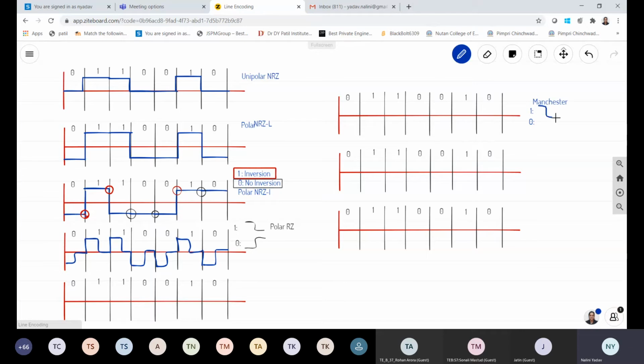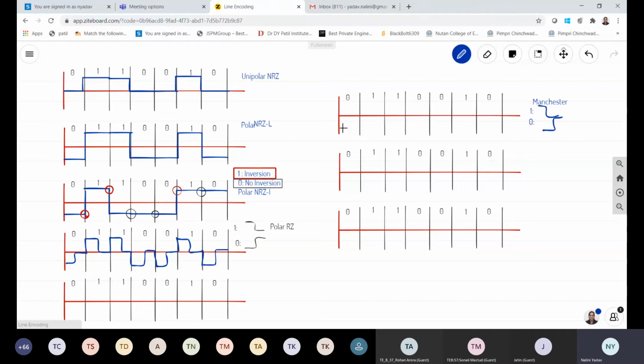Z. See, it is as per your convention, right? In the PPT it may be given in an inverted manner. In the PPT or in books, it may be given 1 as inverted and 0 as a normal Z, right? But it is as per your convention. You will be deciding which symbol is to be taken for which digital data. There won't be any problem. So the 1 is represented as simple Z and the 0 is represented as an inverted Z. Okay, so now let's start drawing the signal.